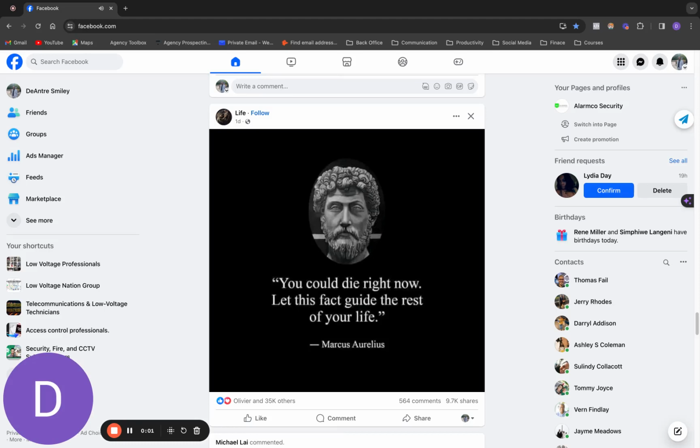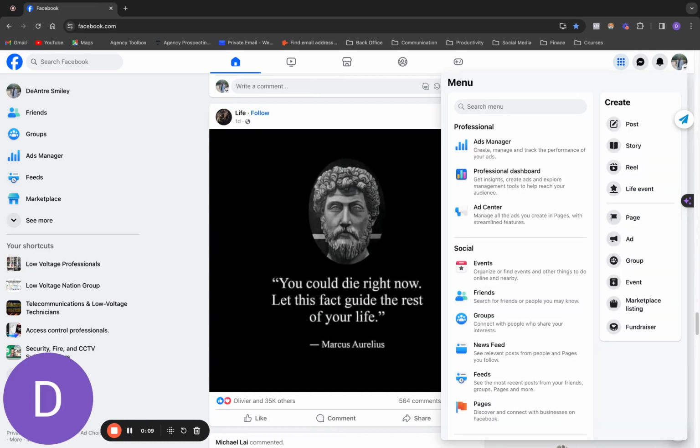This is how you're going to add us to your Facebook account. You're going to go to the top right corner, click right here where it says menu, click on where it says Ads Manager,